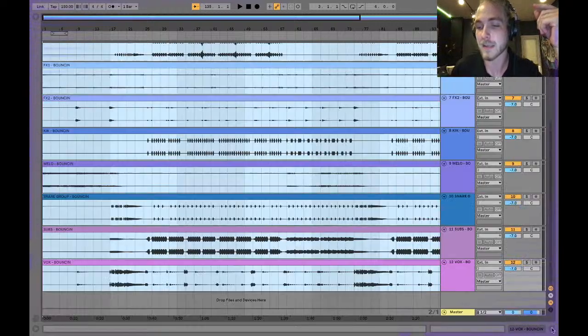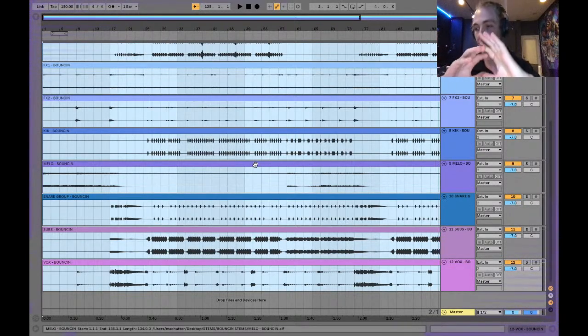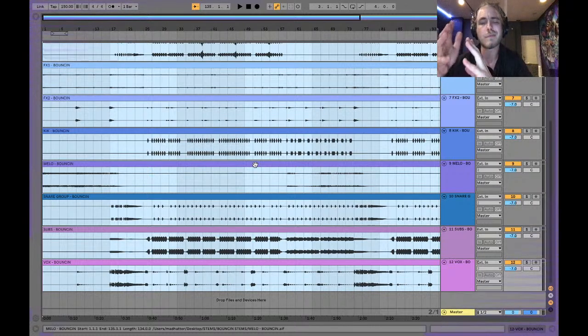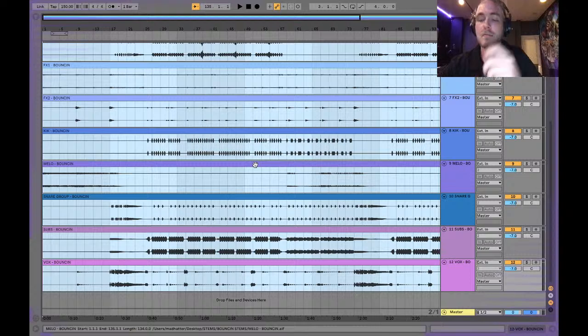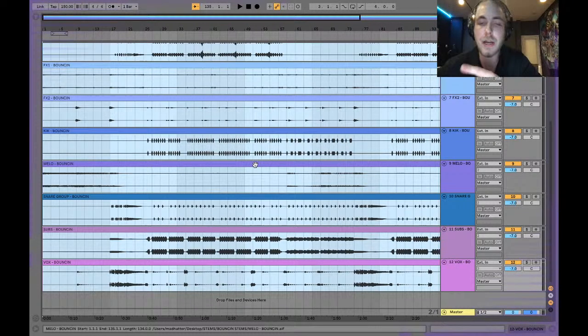I don't know why I'm asking, I'm not even talking to anyone, but basically when you move audio and you warp audio around, there's an effect that it gets, and if you're familiar with Ableton, it gets that kind of robotic-y, pixelated sound. It's called artifacting, and that's what happens when you stretch audio, like in Complex and Complex Pro. It gets all grainy and has that granular effect on it. We don't want any of that. We want all these stems to sound exactly like they would without any processing, no master,